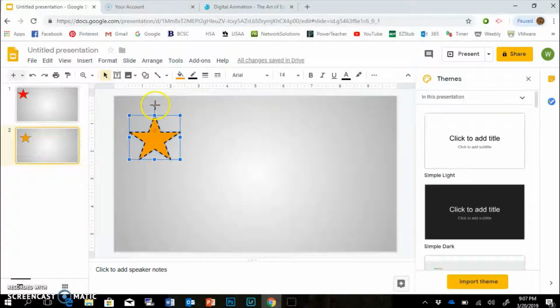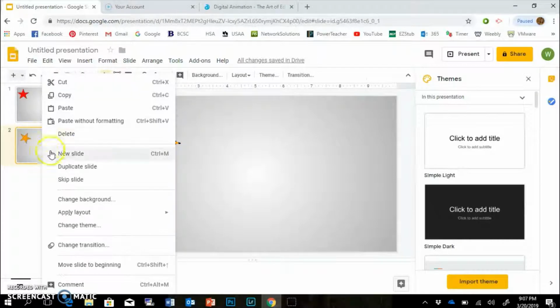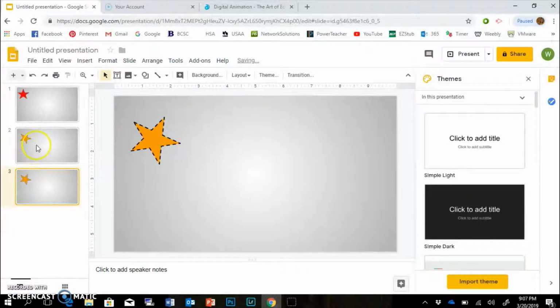So this little blue dot, I'm going to grab, click and hold, and I'm going to turn that just a little bit. And now I'm done with that slide. So now I'm going to right click, slide 2, duplicate. It's going to match that exact same slide twice, but now on slide 3, I'm going to repeat that process